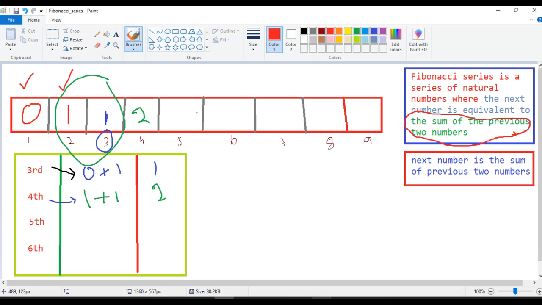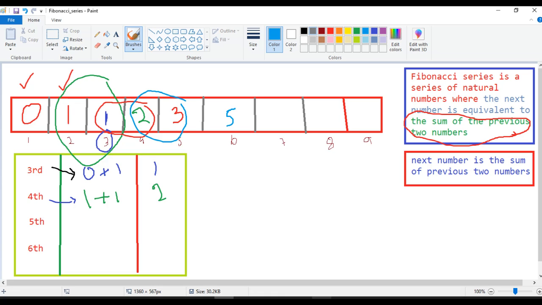So if we want position number 5 of Fibonacci series, then how can we get it while performing addition of previous two numbers? That means this 2, 1 plus 2, that means result will be a 3. Same like sixth position, addition of previous two numbers, that means 2 plus 3, that means 5. Okay, up to now this is theoretically. So still if you have any doubt in theoretically, let me know in comment section.